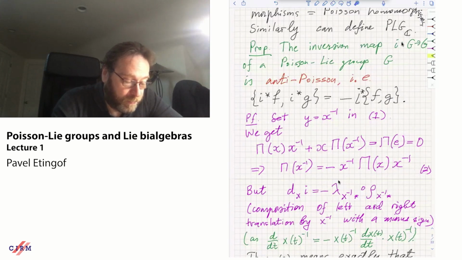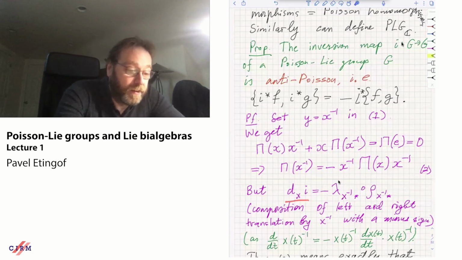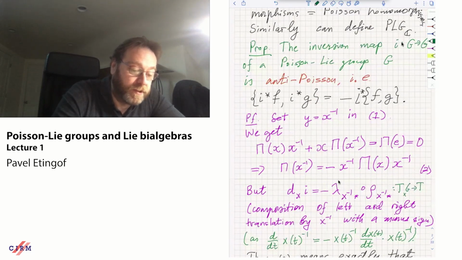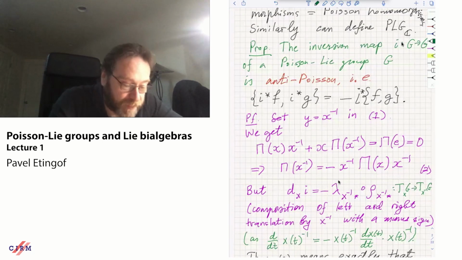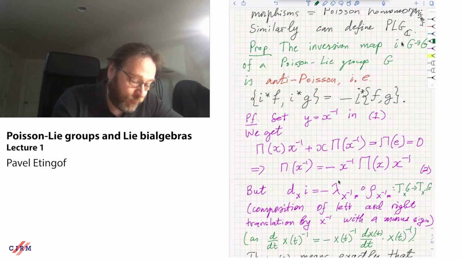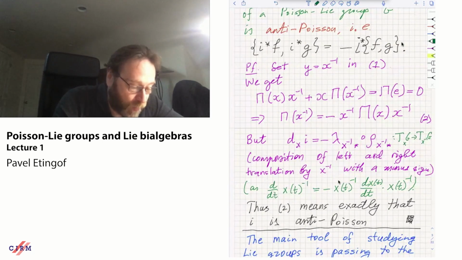So the differential is a linear operator from the tangent space at x to the tangent space at x inverse of G. And to go from x to x inverse, we multiply twice by x inverse, once on the left and once on the right. This is just the usual composition of two translations, except that you have to put a minus. And so this is really a fancy way of